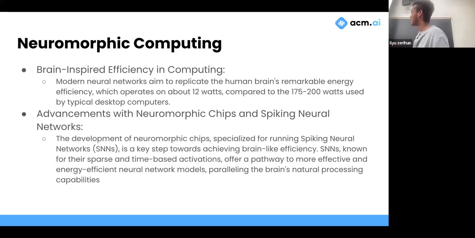I think this is going to become really big in the future, and this is very time efficient because usually SNNs are sparsely connected, and because they're time based, compared to normal neural networks that aren't time based, because you have one activation after another, they're much more energy efficient. They're quite cool. Check that out.